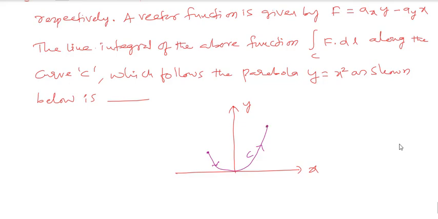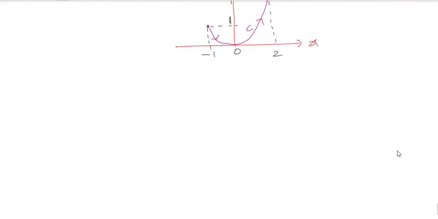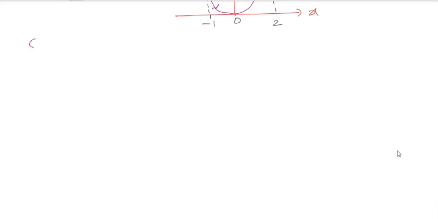The values are also provided here: this value will be 4, this value will be 1, and this value will be -1. This is 0, and this value will be 2. Now they are asking for the line integral, so you need to calculate that value. Simple thing. What they had given: F bar is equivalent to y into a_x minus x into a_y, which with respect to our terms is i bar and j bar.